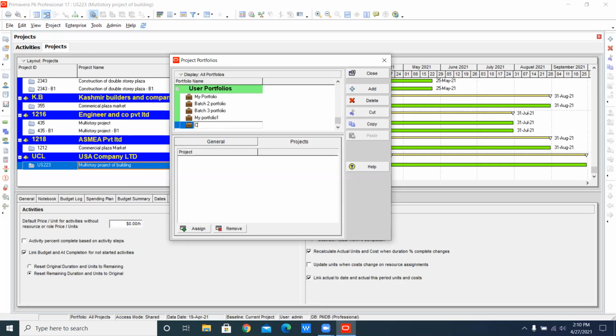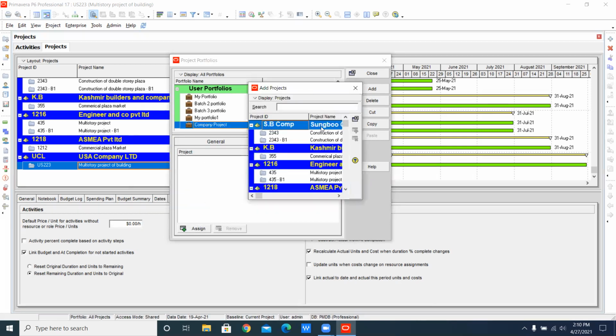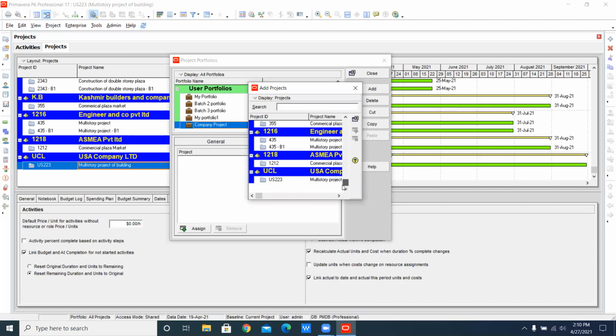You can write here company, project, or my project, whatever. You can even write my project. But this project is a dummy right now, because we have not assigned any project here yet. Whenever I go to the projects and click assign, I will assign different projects, not companies. I drag it down.